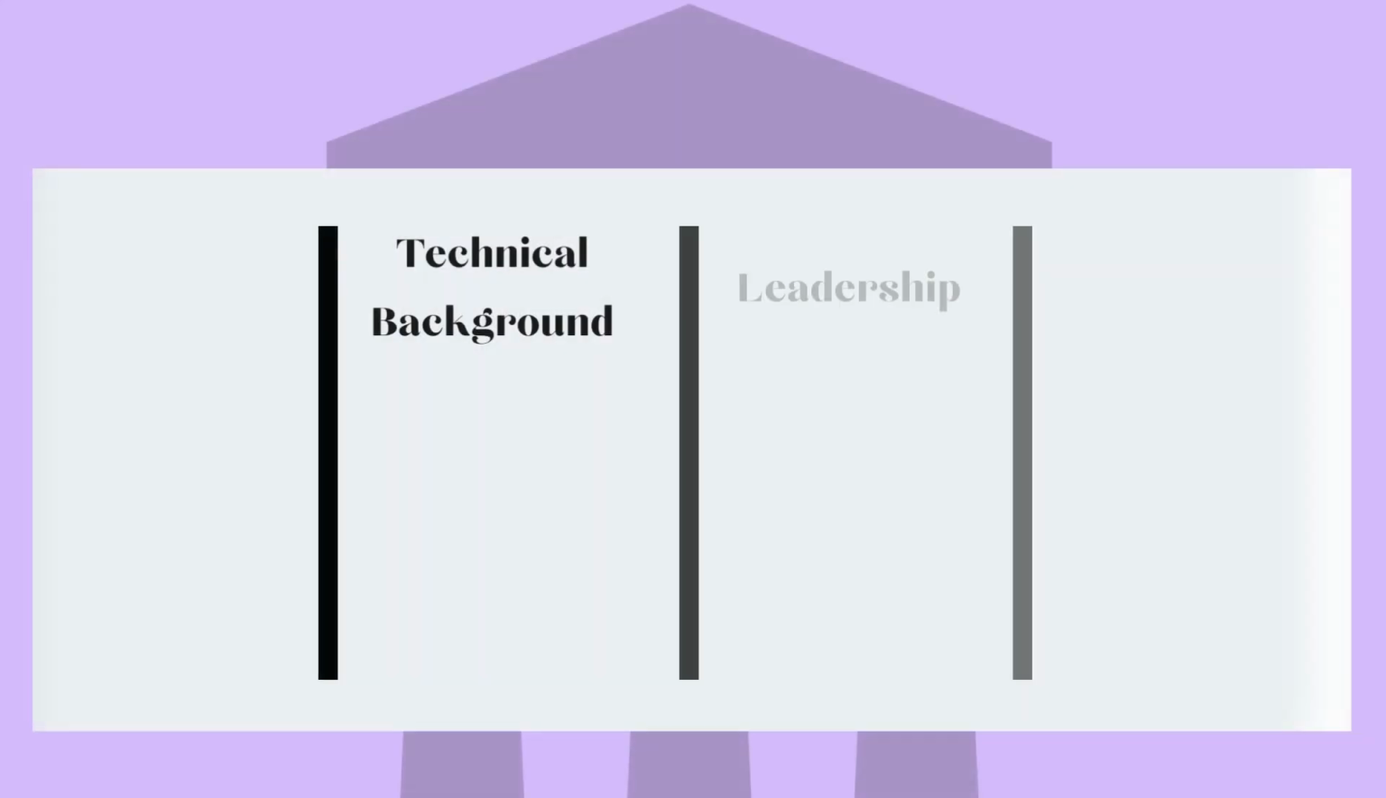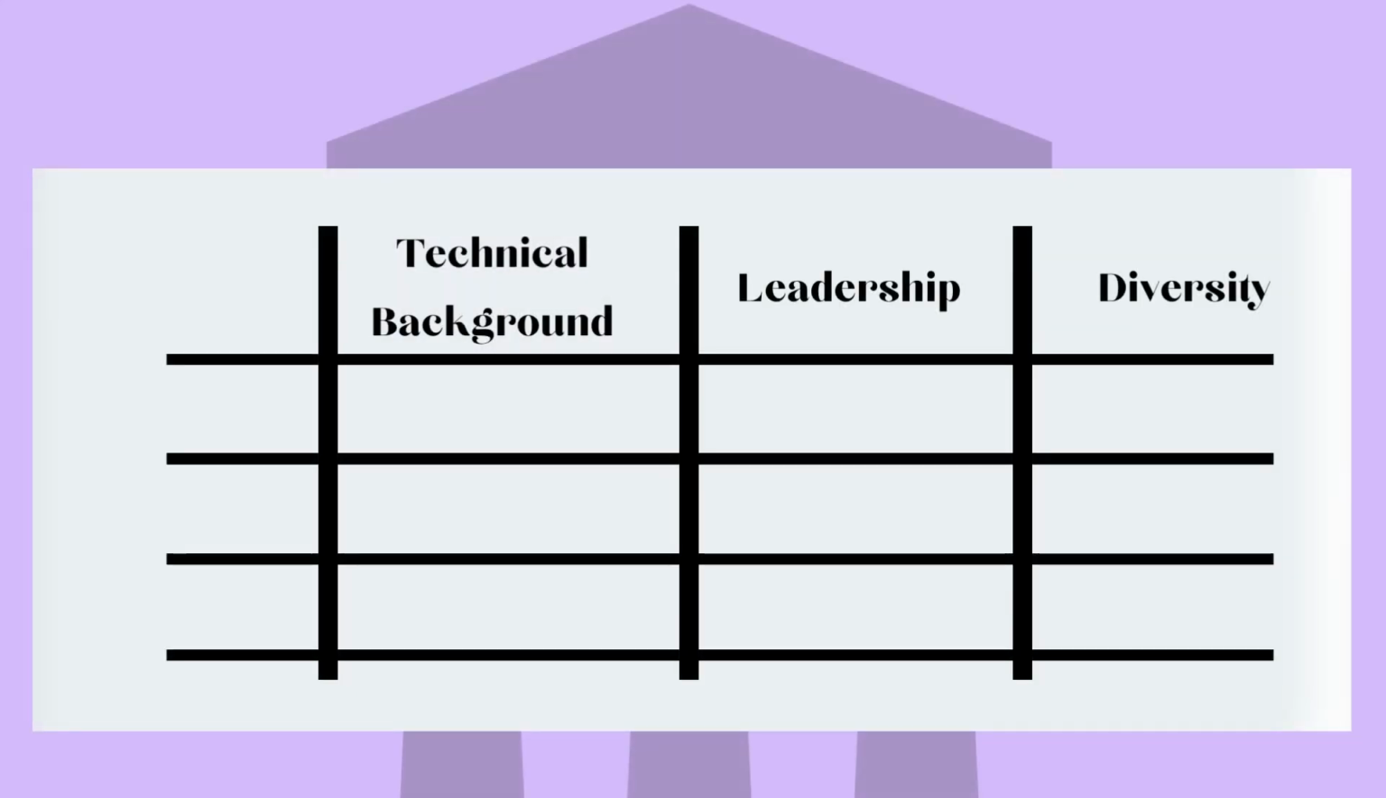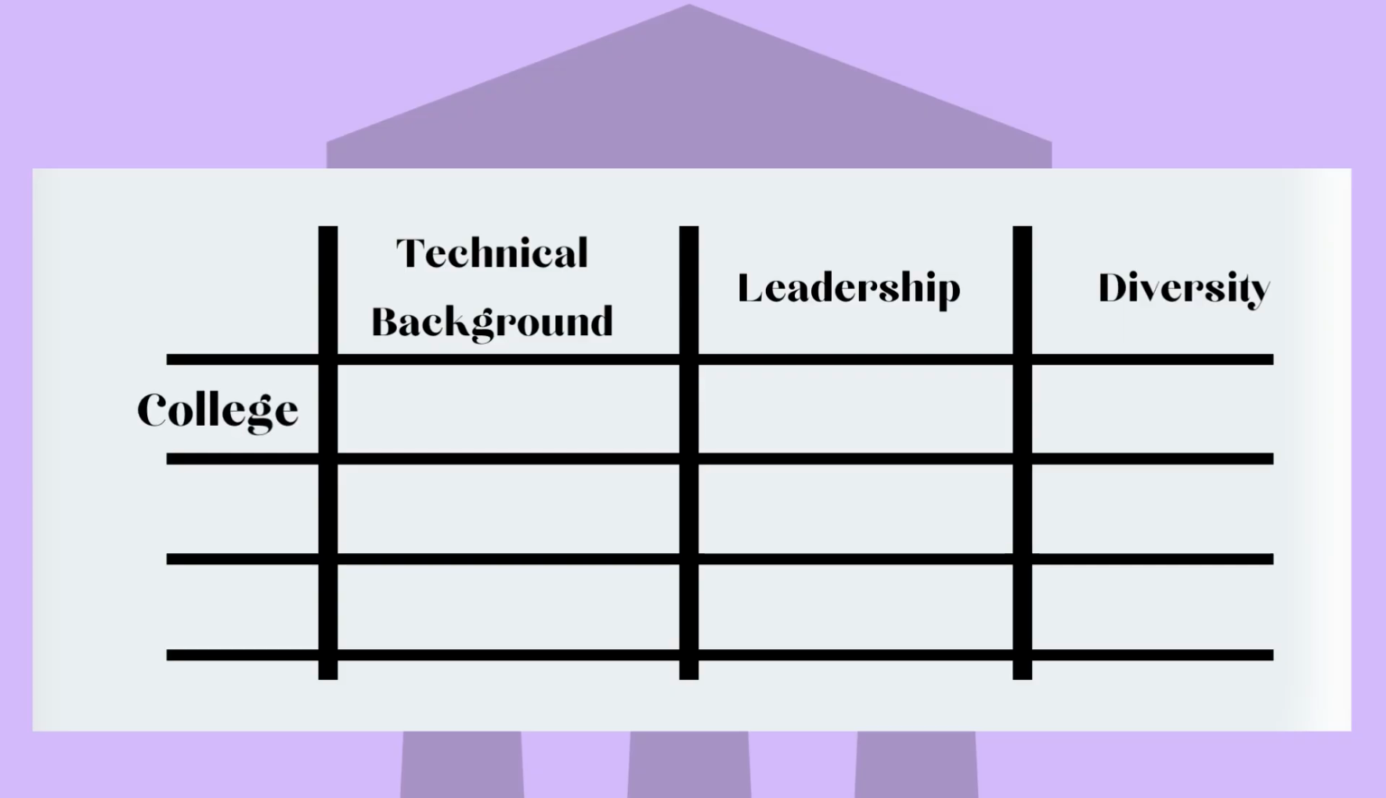So what we are going to do now is, for each of these pillars, we are going to break it into 3 different buckets or 3 stages of life. Number 1 stage is going to be your college. What are the technicals, leadership as well as diversity angles that you have collected for your profile during your college